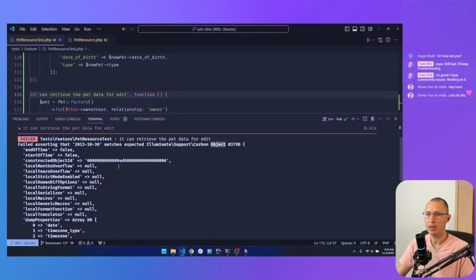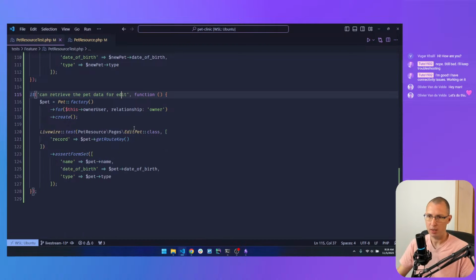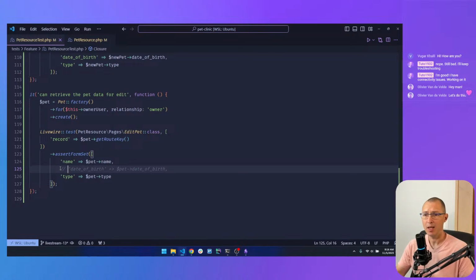What if I don't test the date for now, just to double check? Let's assert that the form has at least the name type, and then work on the date of birth. Probably have to just format this appropriately.